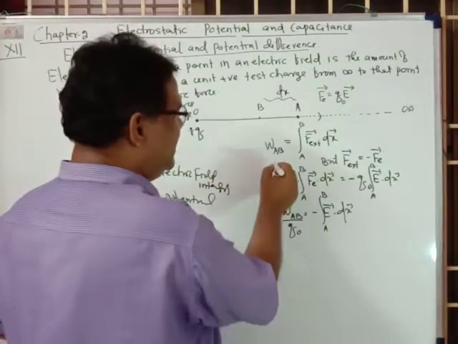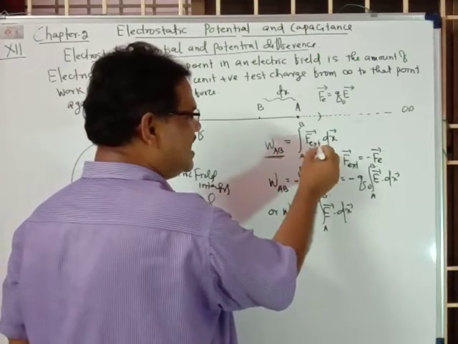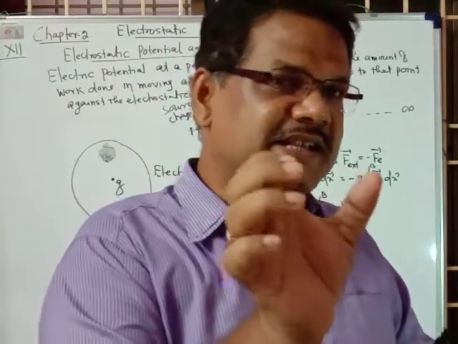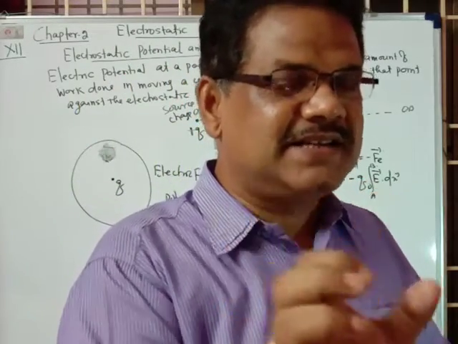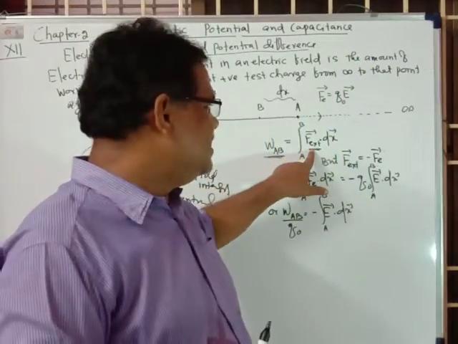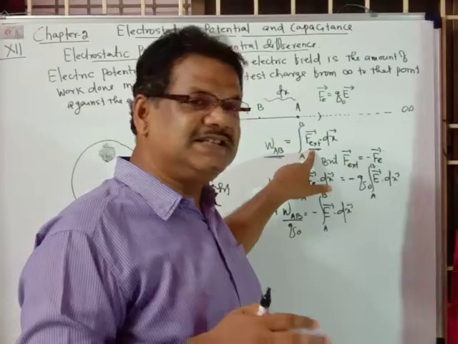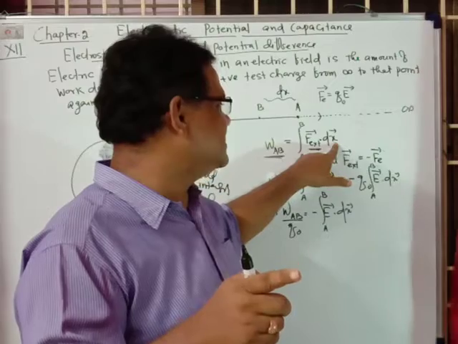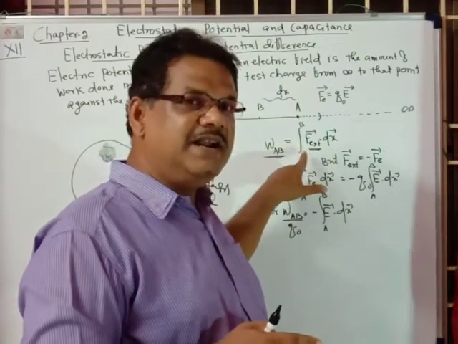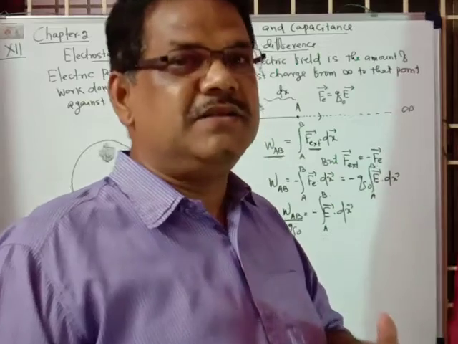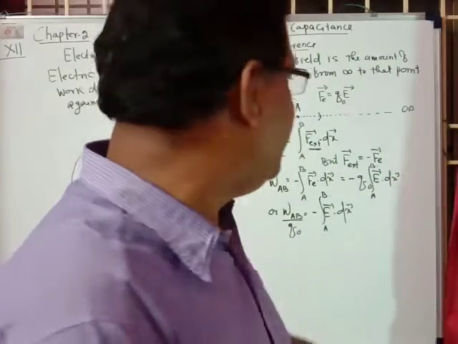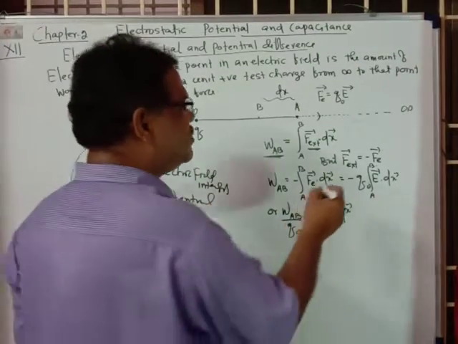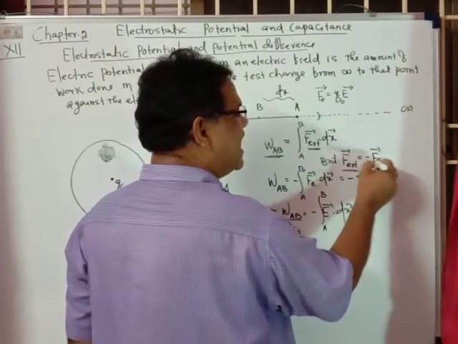So W_AB will be equal to F external dot dx vector, because you are taking the test charge from A to B. We have taken the distance equal to dx, and the force experienced is F. You know from class 11 that F dot dx equals work done. So work done by the external force is F external dot dx. Clear? And already you have taken the integration, meaning the total work done. We are calculating the total work done in taking the test charge from A to B, so that limit is taken from A to B. Clear? But you know that F external equals minus F_E.